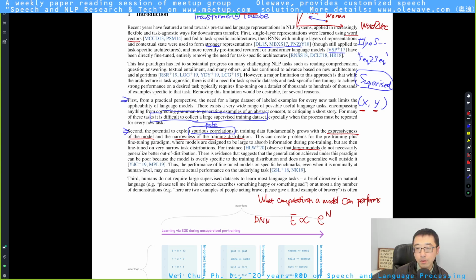I would agree it might model your training data better, but that does not necessarily, in the author's words, generalize better out of distribution, or say it does not necessarily generate a model which is good for your task. Okay.